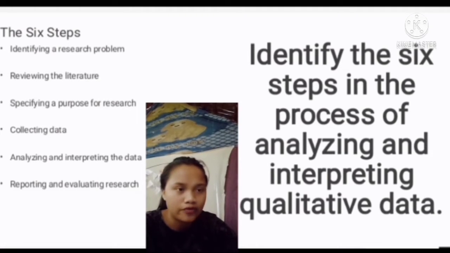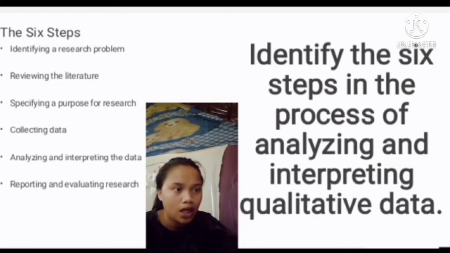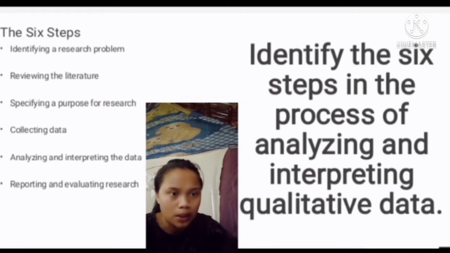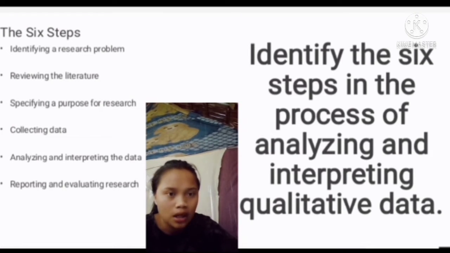The third step is specifying a purpose for research. If your research problem covers a broad topic of concern, you need to focus it so you can study it. This statement conveys the overall objective or intent of your research, and it is the most important statement in your research study. The purpose for research consists of identifying the major intent or objective for a study and narrowing it into a specific research question or hypothesis.